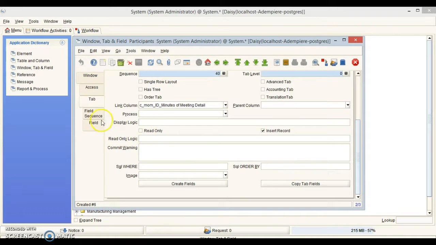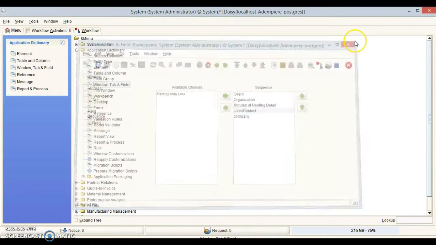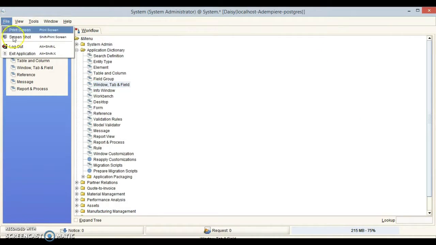Hit OK. Now we're going to go to field sequence. And we're going to have it be client, then organization, minutes of meeting detail, user contact, and then company, and hit save. So we can exit out now. And then we're going to log out